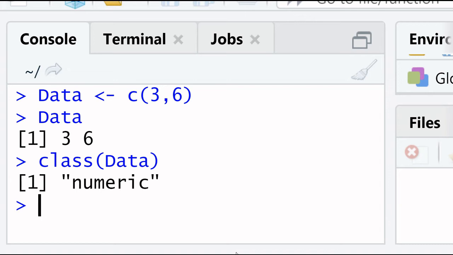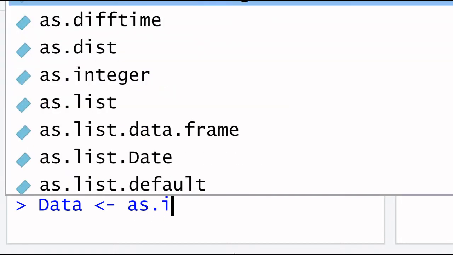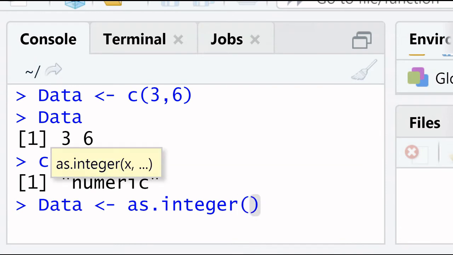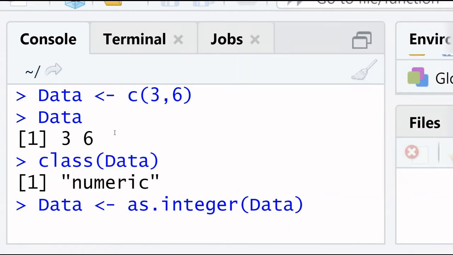The command to be used is as.integer applied to the variable name. We convert this data into integer form, so write its variable name and press enter.